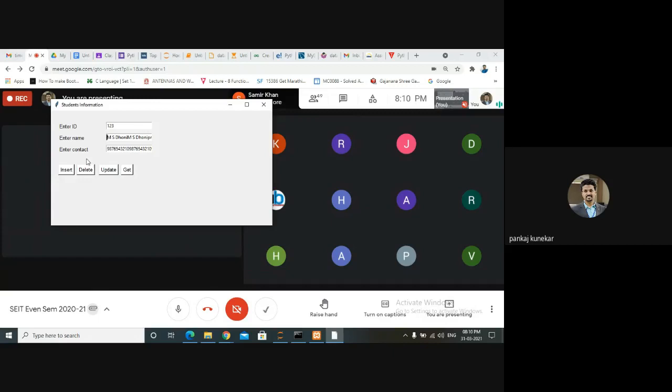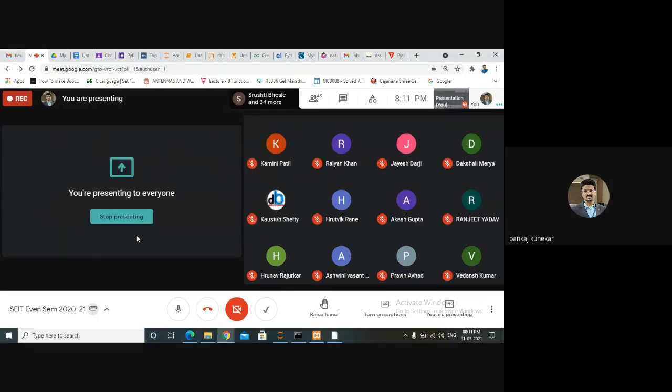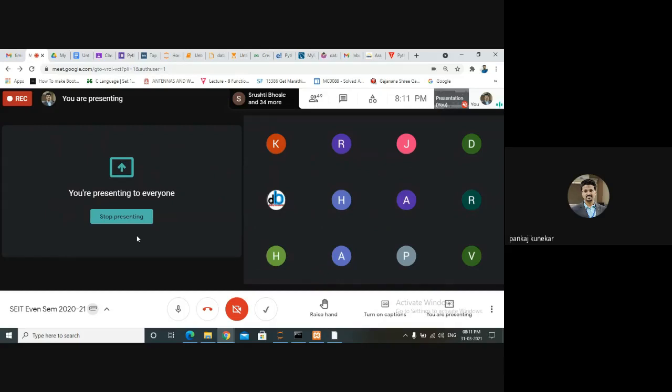This is just basic information, but insert, delete, update, and get are the basic and most important operations in your database. You can use these widgets, various widgets, and accordingly you can search for the different operations. Suppose you want to perform some database operation for a radio button. For a radio button you will have different coding. So you can search according to your coding or requirement.